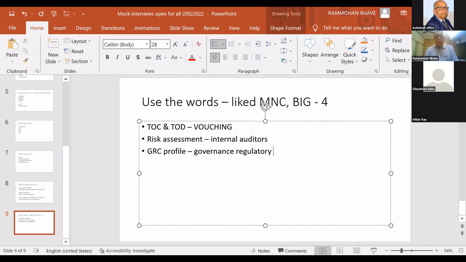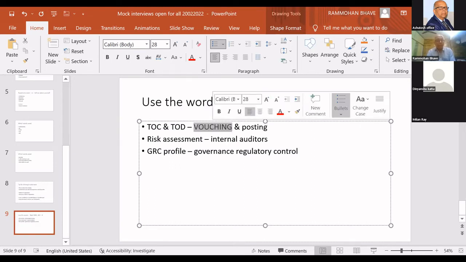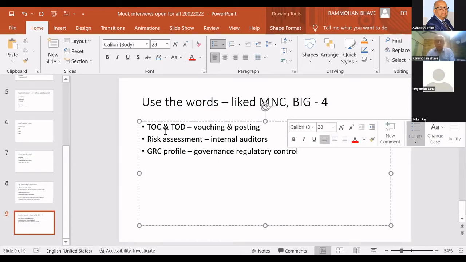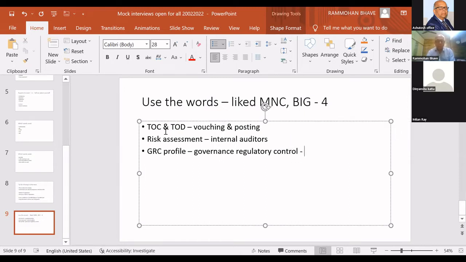I said, if manager internal audit is your designation, he said, you know, I actually know that this is more of, not eyewash, but more of showing it in a highlight, as if it is something great. In Hindi we say, badha chadha ke dikhana. So GRC profile, now GRC profile is also internal audit. But don't use the word internal audit. I do governance, regulatory, blah, blah, blah. That will, you know.